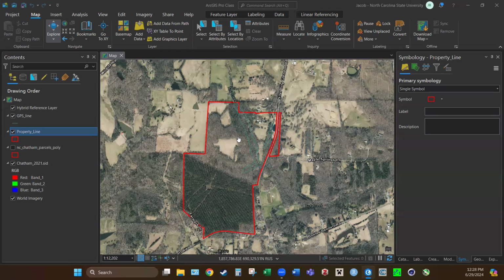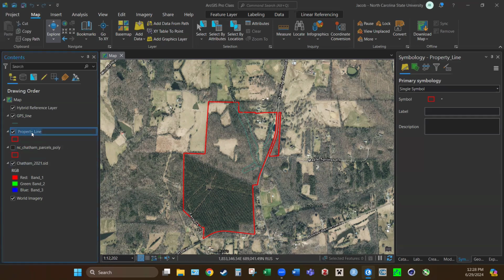So what we're going to be doing in this video is looking at our attribute table, which is where we keep everything organized in terms of data that's specific for a shapefile. For instance, landowner name, any sort of attribute that we may consider with like a line feature, like whether it's a road or a stream or a logging trail, anything like that. Acres is another thing that we'll have in our attribute table. So we'll work on adding that. And then we'll also work on starting to digitize certain features like this field or this big pine stand in the southern area. So the first thing that we want to do is we want to go to our property